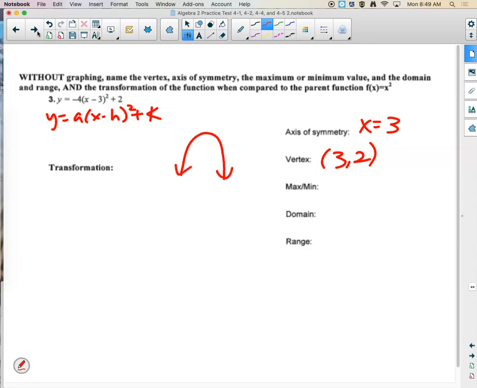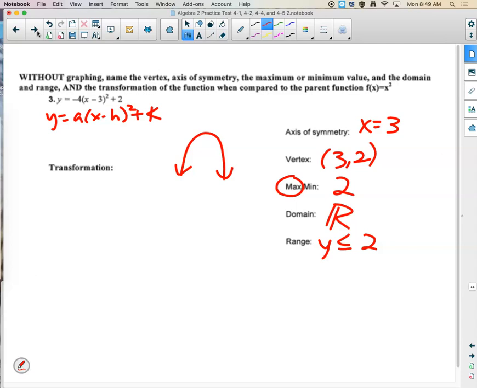That's a sketch. So does it have a max or a min? Has a max. And what is the max? 2. That's your highest y value. So what's the domain going to be? All reals. Now use the visual. What is the range going to be? Y is less than or equal to 2. Excellent. So vertex, axis of symmetry, max or minimum value, domain and range,